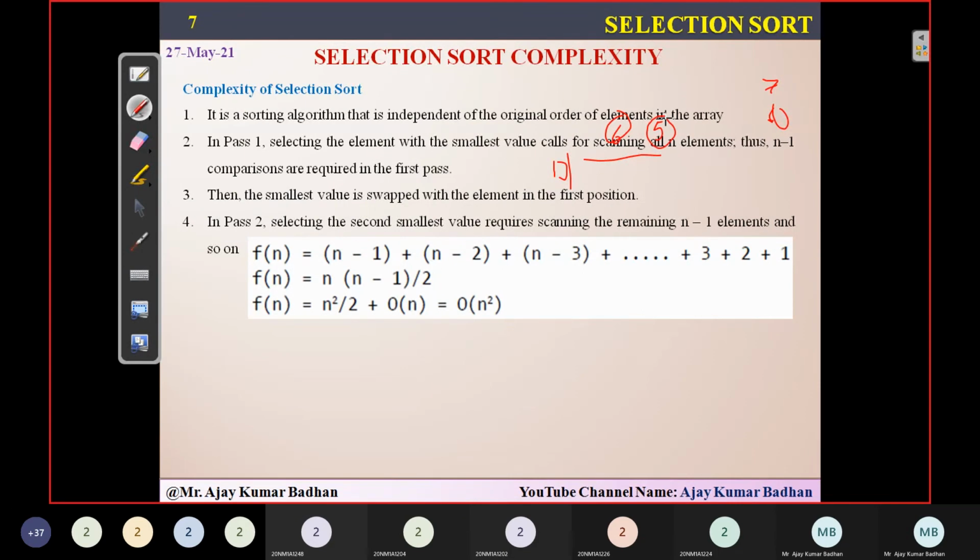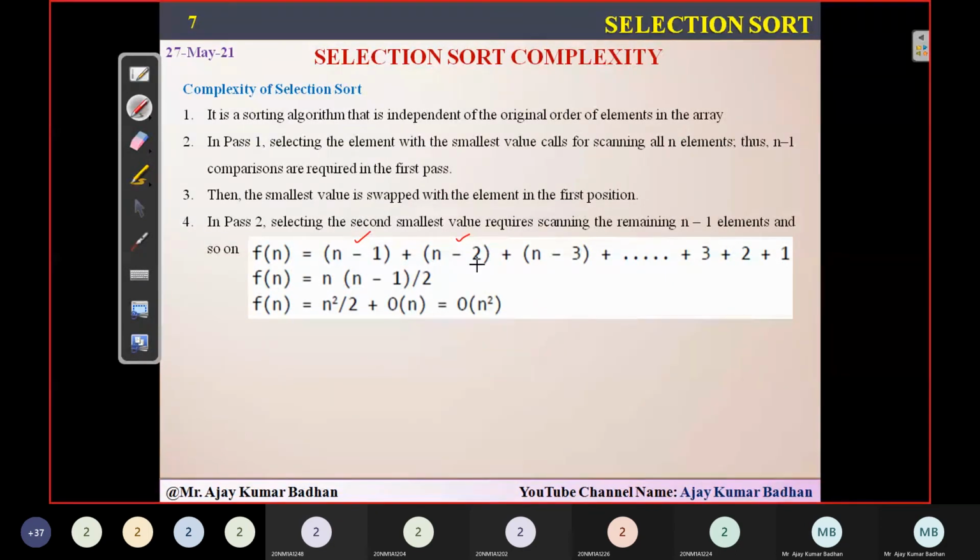So based upon the mathematical expression, the same thing we have seen in insertion sort, the same functionality we are going to write. The function is, first I am going to compare with n minus 1 elements. Then we'll get the first sorted element. Then I am going to compare the remaining with n minus 2 elements. Then I'll get the second sorted element. Then I'll compare with the n minus 3 elements. Then I'll get the next, and so on until there is only a single element left.